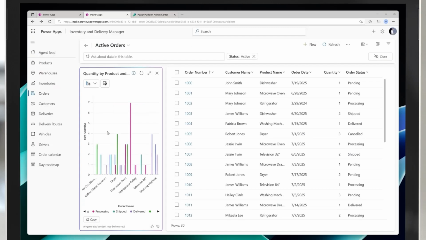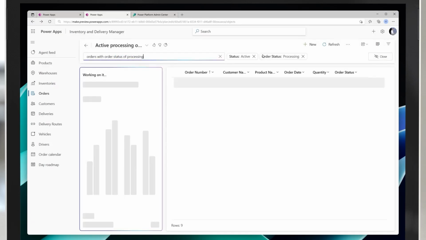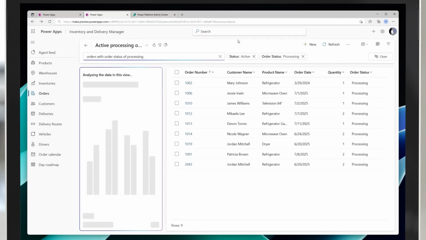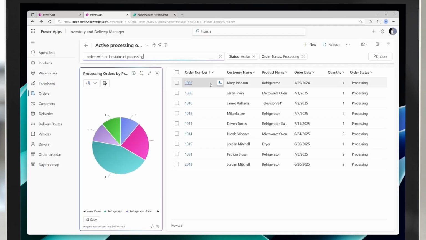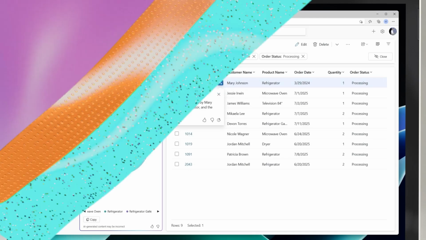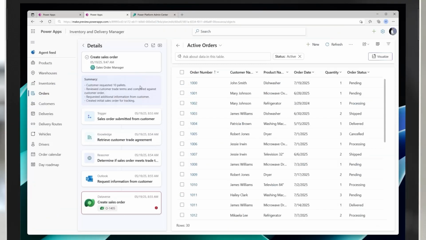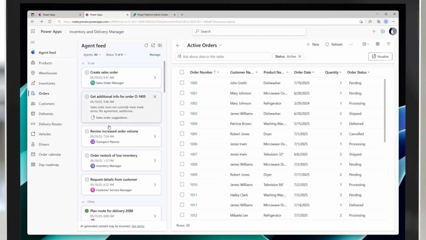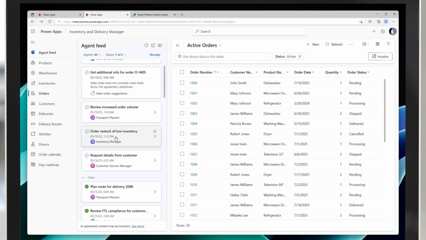Inside the app, an intelligent data exploration agent enables users to navigate and understand inventory and order data easily. By entering natural language queries like "orders with status processing," users can instantly filter interactive dashboards and charts. Next to each visual, the agent produces concise, auto-generated summaries that highlight key information such as quantities, delivery dates, and